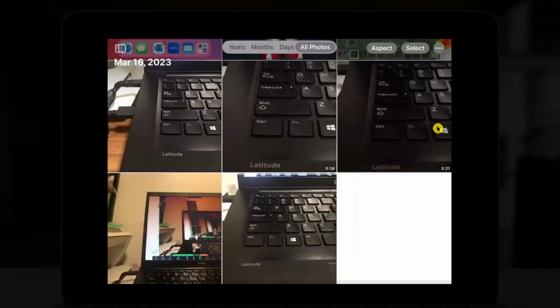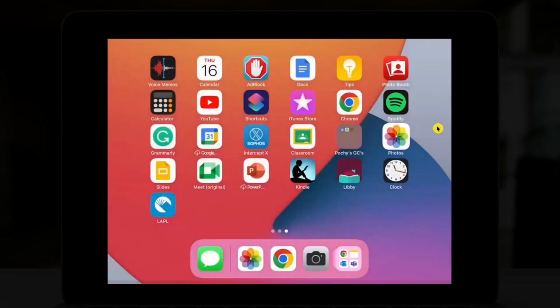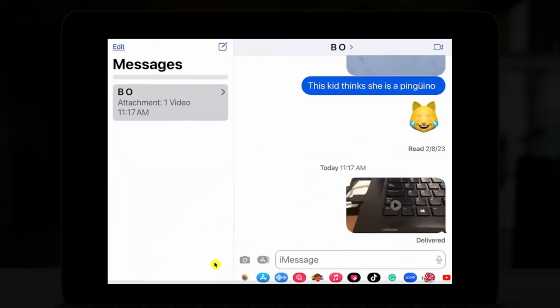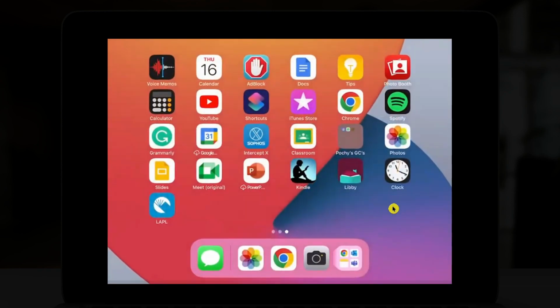Once you have sent a photo through this application, it will take you back to your gallery. But if you want to see how the other person will look at that photo, you can then go to your message application, tap in there, and here it will display the preview of how that image or video was sent to this person. And in this case, it displayed the play button within the actual frame, so the person knows that there is a video as opposed to a picture. So that is how you share through the